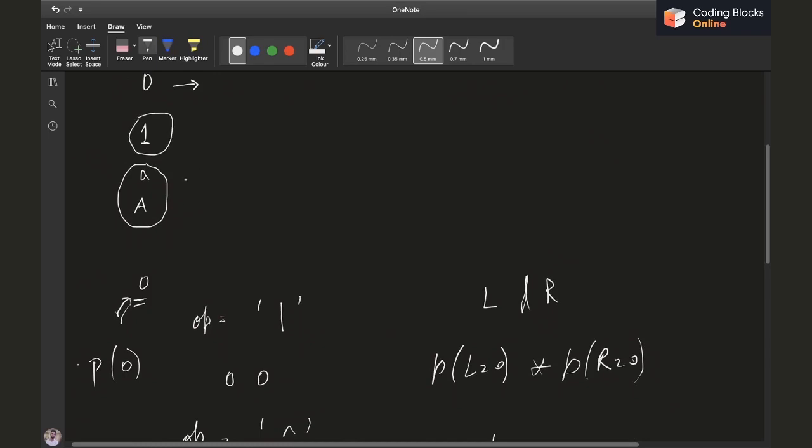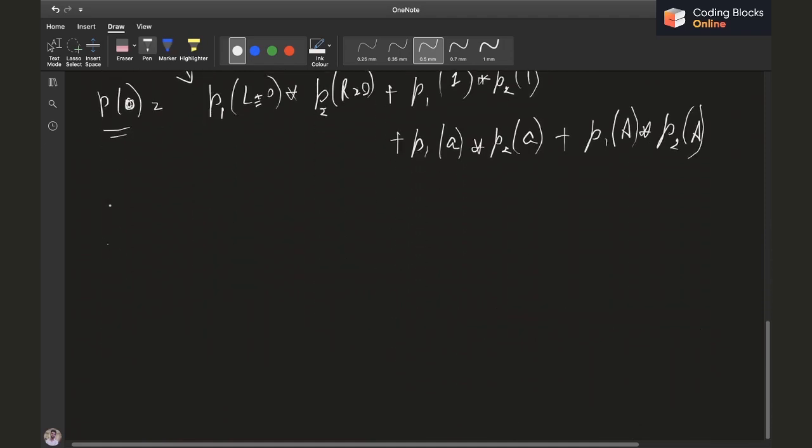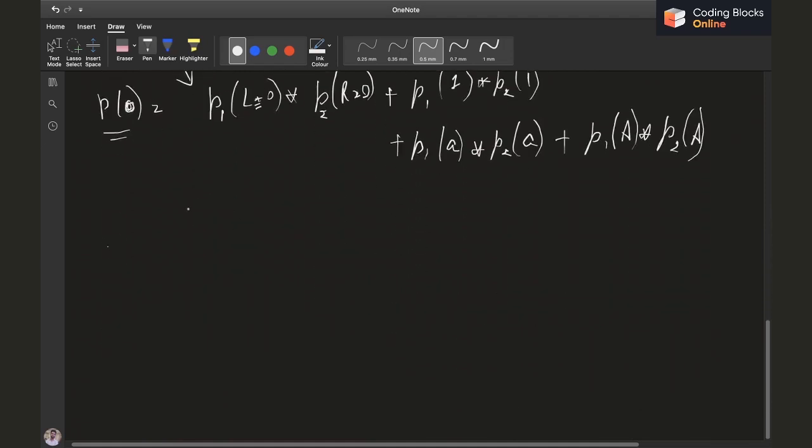Now the reason behind me saying that we don't really need to calculate the cases for small a and capital A is that we know that the final value is either going to be 0 or 1 or small a or capital A, right? So the probabilities of the value of the expression being 0, 1, small a and capital A will sum to 1.